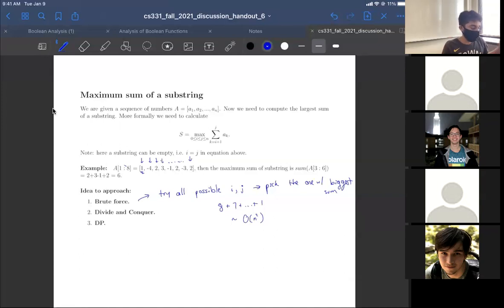Depending on how far apart i and j are, it could take more time. It's not like each one of these sums takes constant time to evaluate. In the worst case, you sum from beginning to end, which takes time linear in n, the number of elements. To think about the runtime in a rough sense, an average subarray would be roughly half the elements, so each sum takes on average time proportional to n over 2. So the runtime of the brute force algorithm is n cubed, which is not the worst thing in the world, it's still polynomial time, but n cubed is